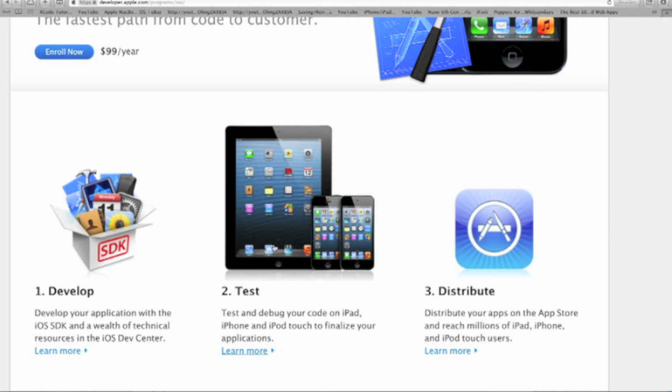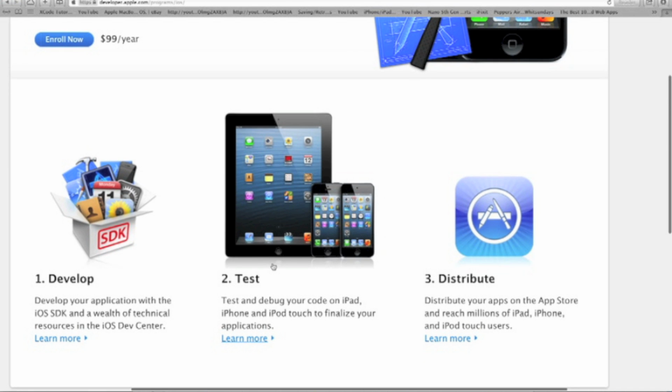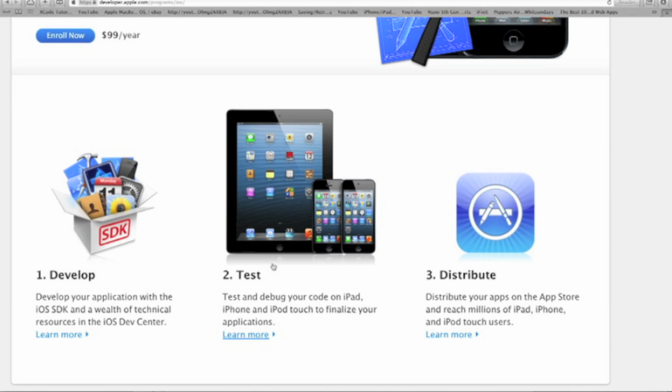You can develop your app without being an Apple developer. To test your app on real devices, you need to be an Apple developer unless you jailbreak the device, and then it's a lot more complex and it's not worthwhile. And to distribute your apps to the App Store, there's no other way to do it without being an Apple developer. The other thing it gives you access to, and something that I very much like, is that it gives